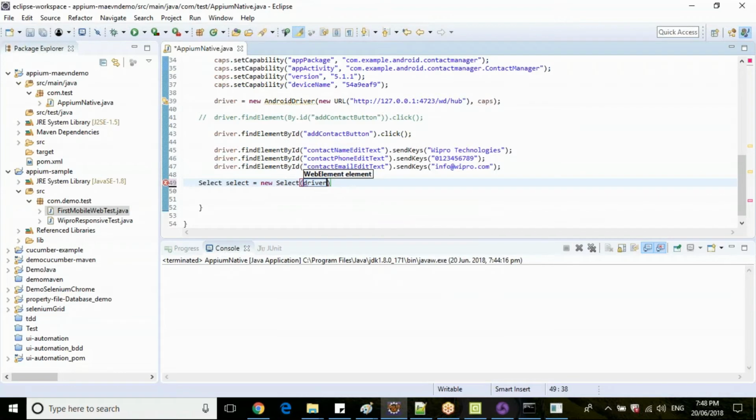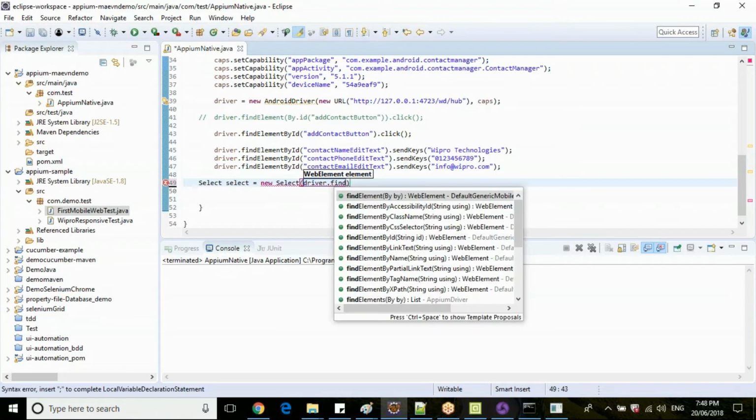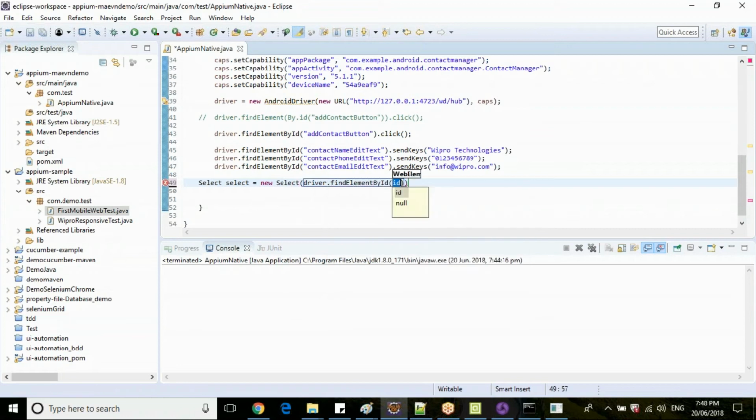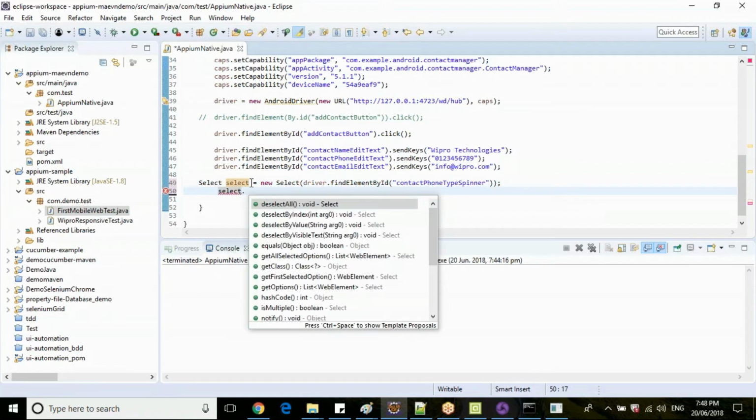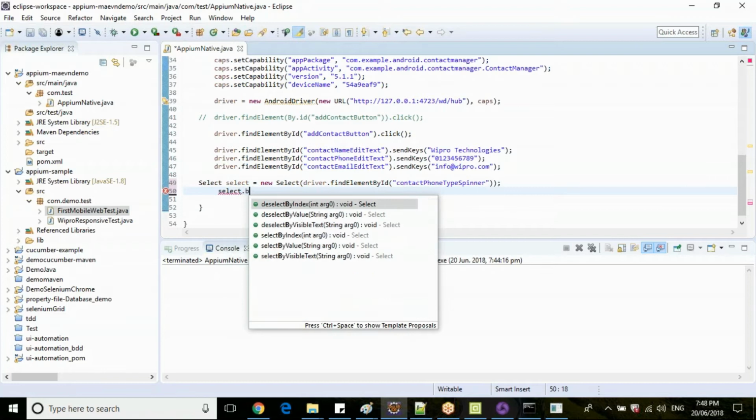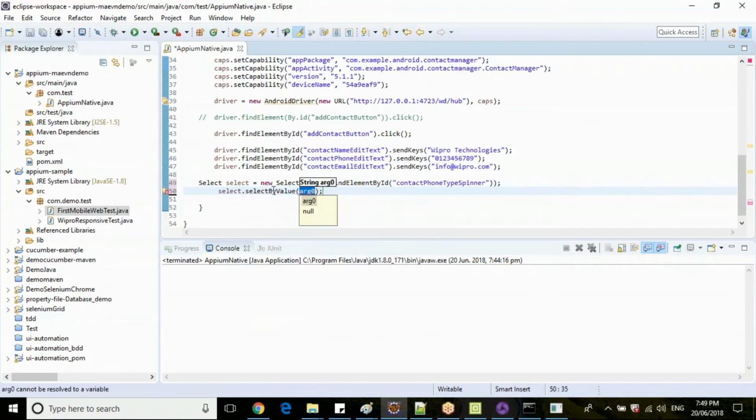New Select of driver.findElement. So let's say select dot by value.